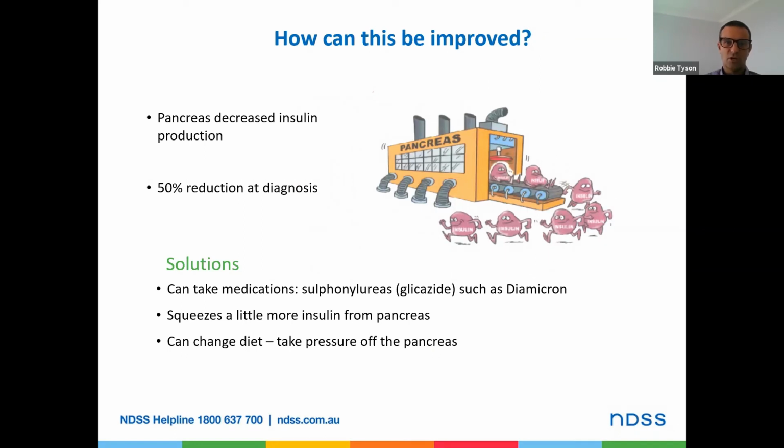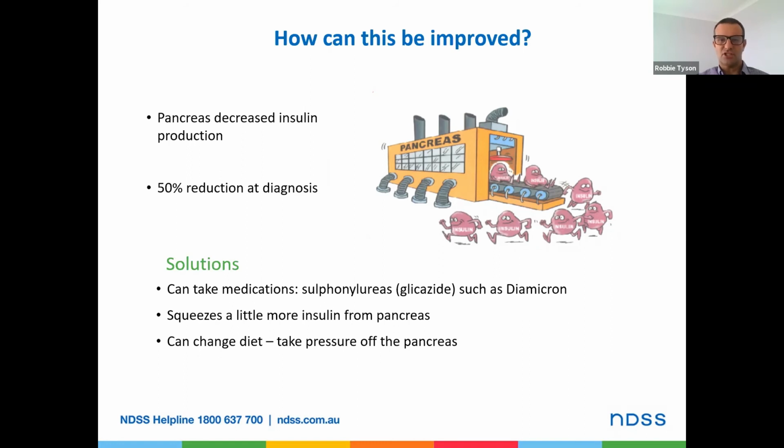What are the solutions? Well, we can take medications which tell the pancreas to secrete more insulin. And that's a medication such as Diamicron, the active ingredient gliclazide there, and the group is the sulfonylurea. However, I guess the side effect of this is we're just telling the pancreas to secrete more, and there may be a risk that we're overworking the pancreas more. So it's a good idea to include some sort of lifestyle solutions as well that are going to help the insulin that's on board work a little bit better. So this medication is squeezing a little bit more insulin from the pancreas.